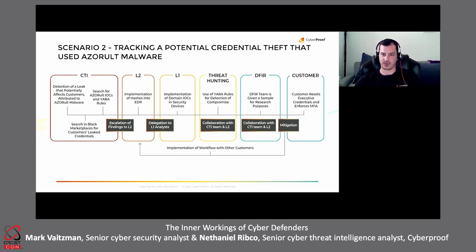Usually the first step will take up to 20 minutes, which is a very critical time. And the second step, investigating, making new rules, the DFIR, hunting and other work, may take more time, even a few hours, up to one day. But that's fine, because we're actually at a stage where we're fine with the malware not being spread in the environment. If we compare it to a more generic SOC where you have fewer teams, as usual, tier 1, tier 2,